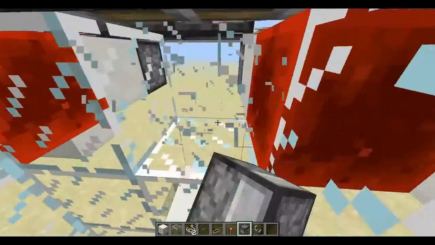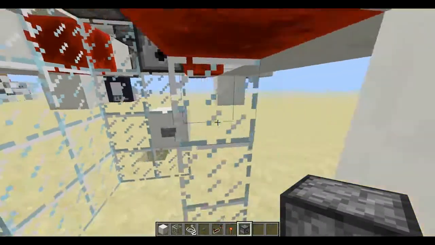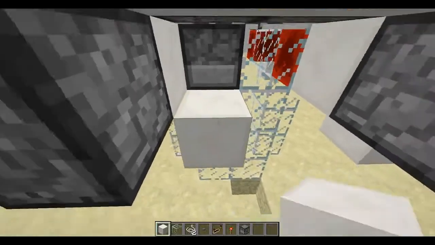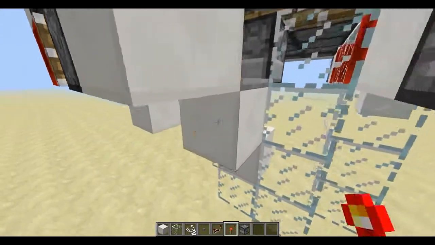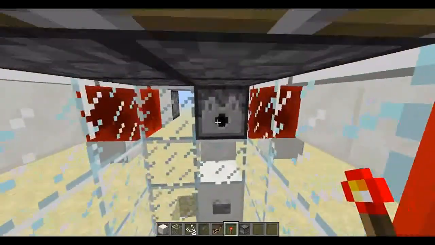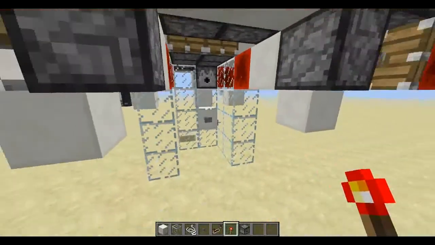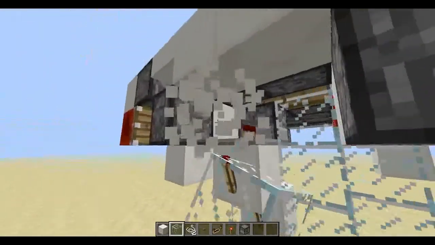One of them was string, another is by putting a flint and steel in the dispenser. How do we do that? Like this maybe? Yep. Basically you just need to update that dispenser there, and from this angle that's definitely the easiest way to do it. But if you don't want the ugly dispenser, you can scratch that